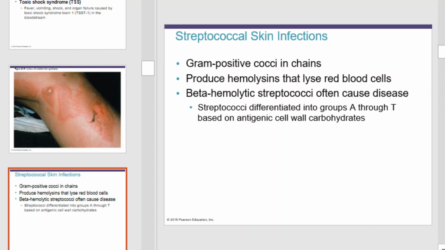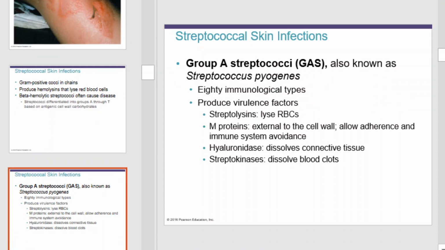Streptococcal skin infections. Streptococcal skin infections are produced by gram-positive cocci in chains. They can produce hemolysins that lyse our red blood cells. Beta-hemolytic streptococci often cause diseases. Streptococci can differentiate into groups A through T based on antigenic cell wall carbohydrates. Group A streptococci, or GAS, also known as Streptococcus pyogenes,